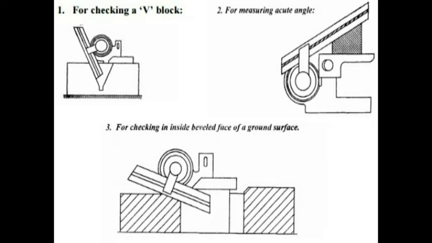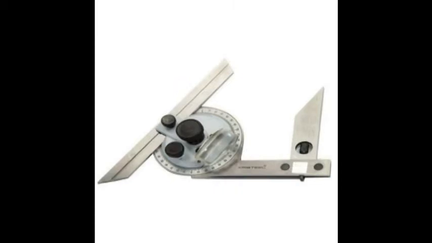And now coming to the next bevel protractor, the universal bevel protractor. The universal bevel protractor is used for measuring and laying out angles accurately and precisely within 5 minutes. The protractor dial is slotted to hold a blade, which can be rotated with the dial to the required angle, and it can also be adjusted independently to any desired length. The blade can be locked in any position.